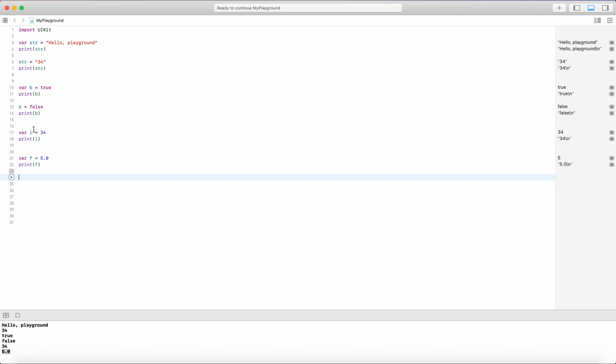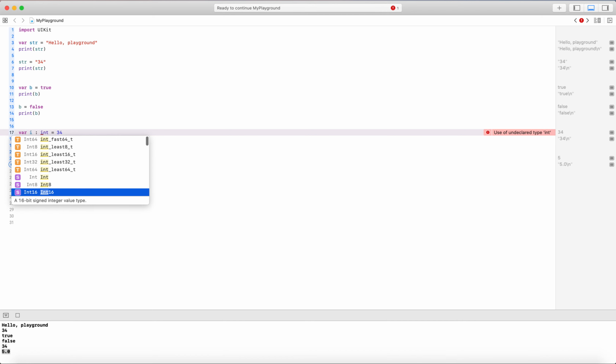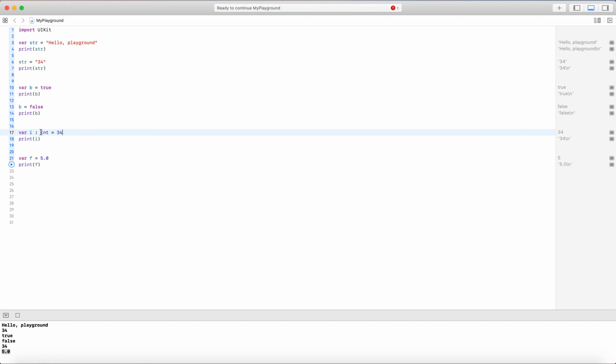After that, there is another way of defining variables along with their data types. Let us suppose you want to assign a value of integer type. For that you put a colon, and after that you set the type as Int.